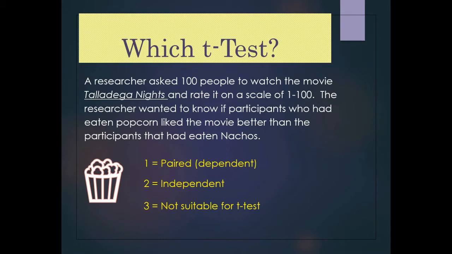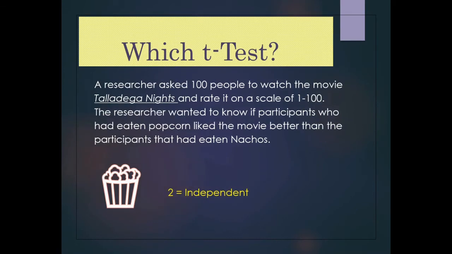Let's look at the answer. It is an independent t-test, and that's because, again, the independent variable would be what the participant had eaten. So you either ate popcorn or you ate nachos, unless you're like me when you go to the movies, you eat them both. No, but this one was whether or not the participant ate popcorn or whether or not the participant ate nachos. They were in one of those categories for the independent variable, with the dependent variable being the rating of Talladega Nights,